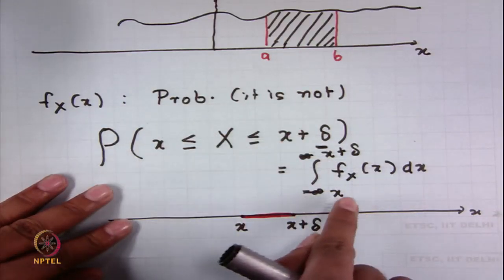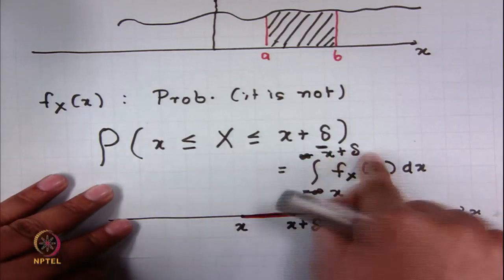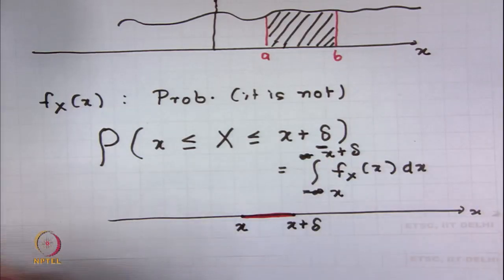So, the limit has to go from x to x plus delta, and if I work this out,